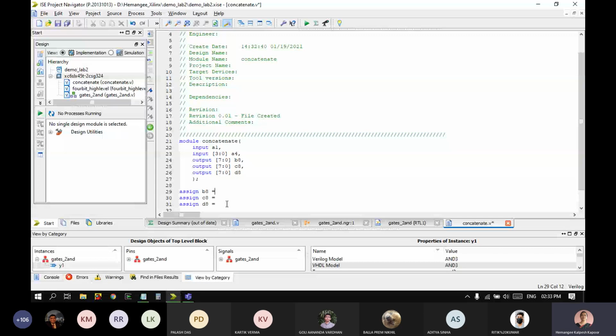Now I'm going to construct this B8 using 4-bit variables. My 4-bit variable is A4 that I have with me. So how can I use A4 to do this? Here I will say curly bracket A4 and another A4.